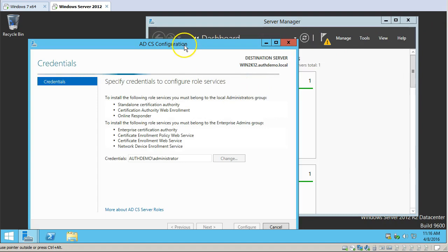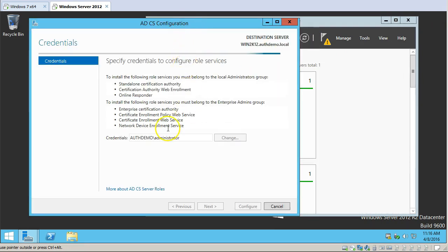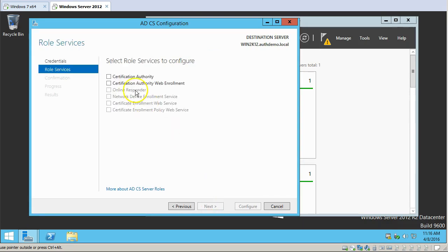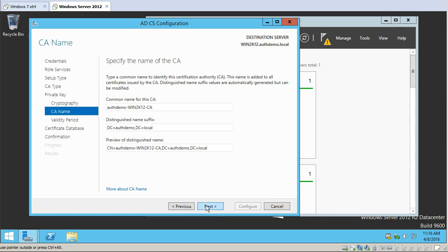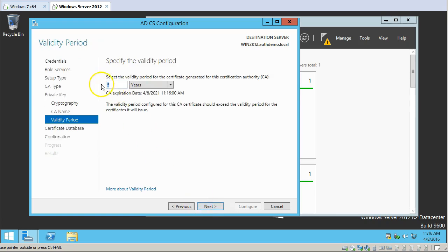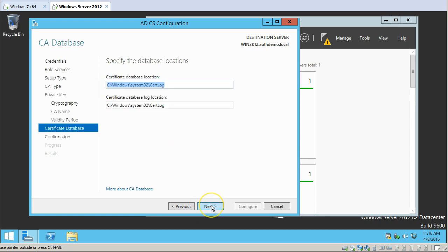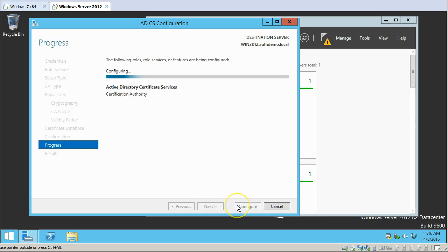To make use of a smart card, we need to configure a certificate authority. I'm going to follow a wizard with very basic settings. I will use it as an enterprise root CA. Maybe I'll change the expiration, and I will click on configure. It's a relatively quick process, and once I have my